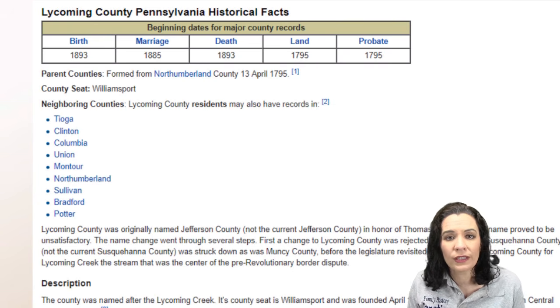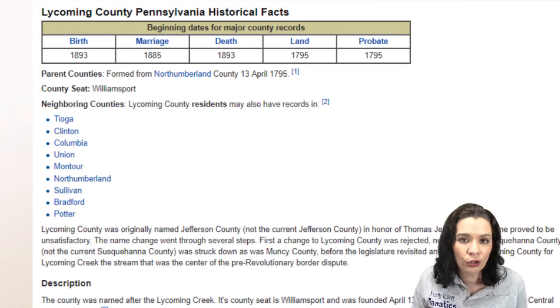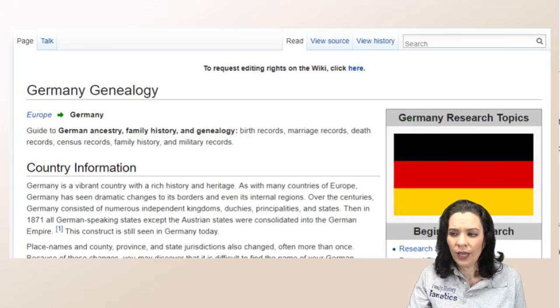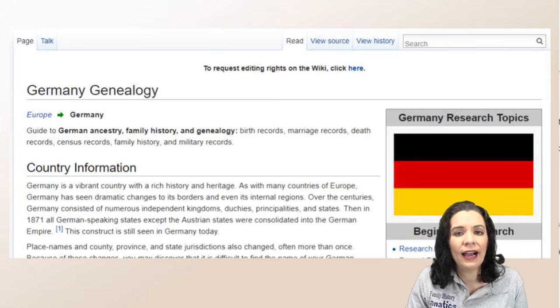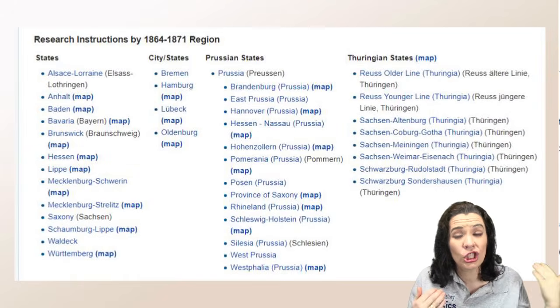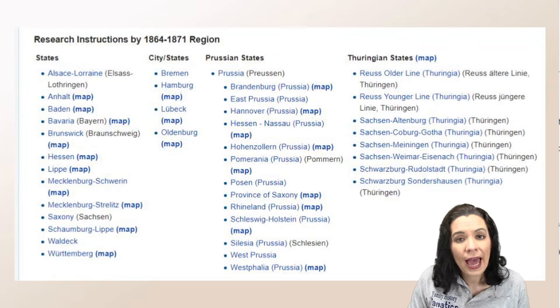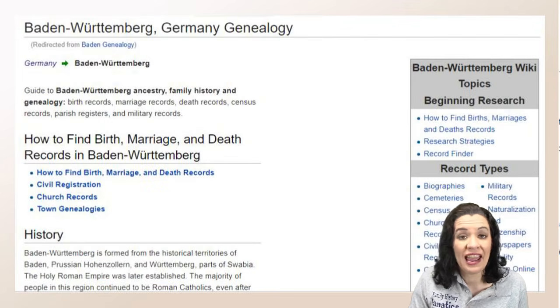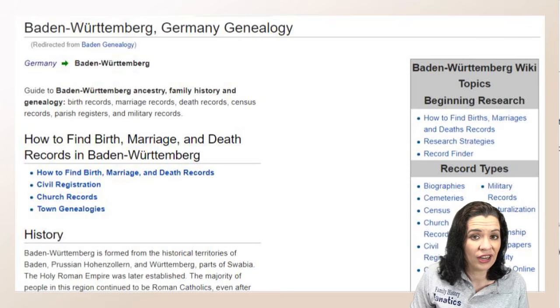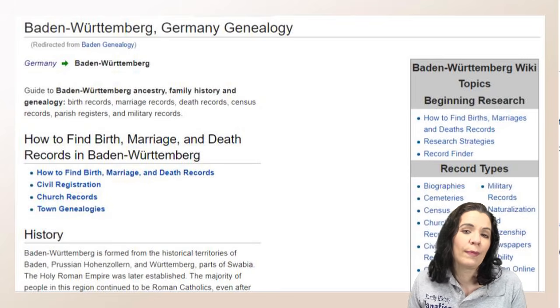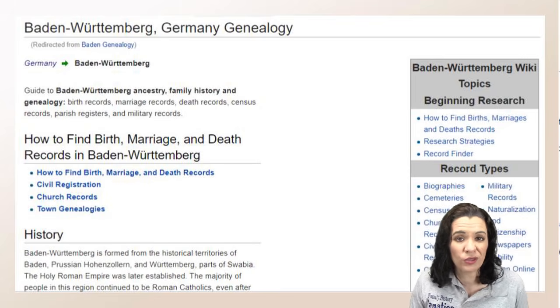So go ahead and visit the FamilySearch Wiki to learn this information. Now, in the case of Germany, I went over and they don't have the quick guides, but they do give me instructions on when records were likely kept, where to find them, and they also give me research strategies. So go ahead and check your location and then look at the time records are kept within that location and look for some strategies on how you can be successful.